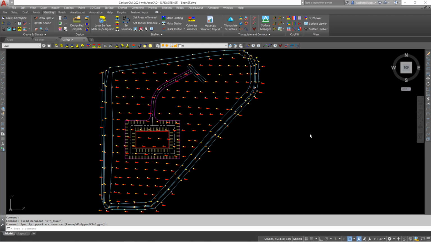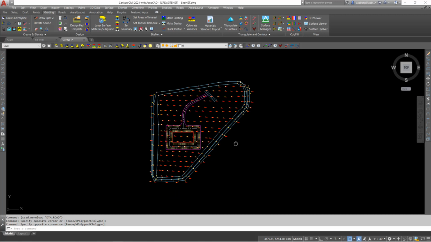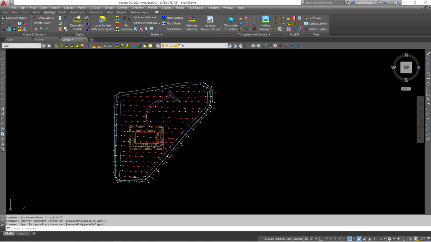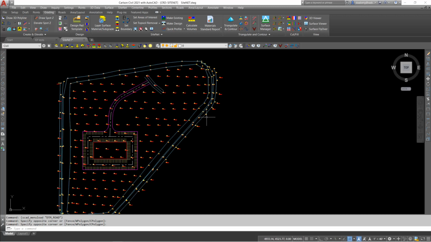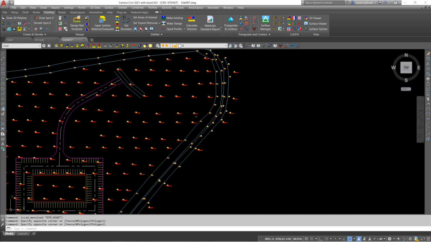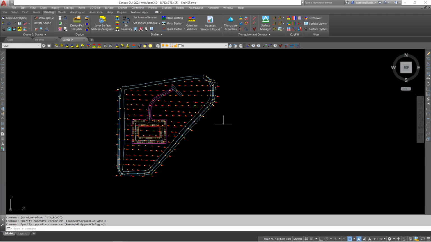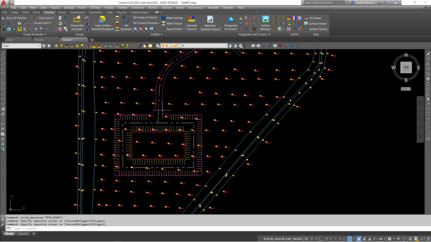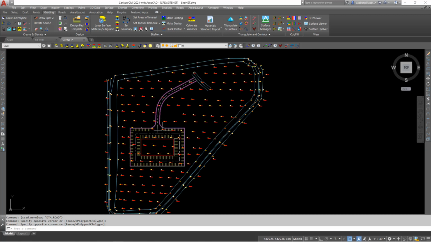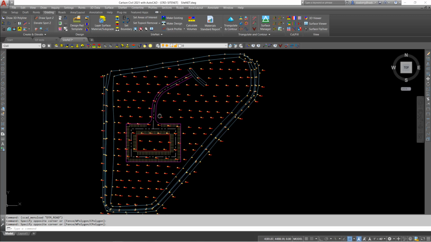For this example, I'm going to use this very simple site layout that contains a building, some parking areas, and an access road. As I said in the introduction, all entities must be elevated to be considered for a surface model. For the existing surface, I have points and break lines which are elevated. For the design, I only have two-dimensional lines and polylines that will need to be elevated. I will be using in this demonstration a handful of Carlson tools supplied in SiteNet to elevate those 2D entities